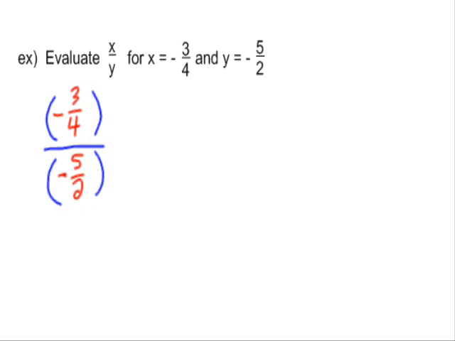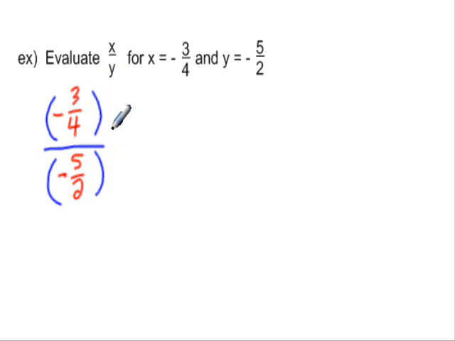Now this is what we call a complex fraction, when a fraction has another fraction inside of it. So we have a bunch of craziness happening here, and this might be a little bit difficult to solve unless we remember that fractions are really just another way to write a quotient. And a quotient is just something that you're dividing with. So instead of thinking of this as a humongous monster fraction, we're going to say to ourselves negative 3/4 divided